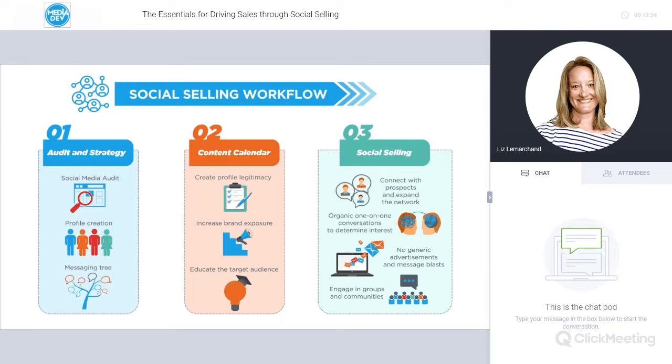This next slide visualizes the process of a social selling campaign. So as I said, you start off with an audit, you begin to profile your target audience and reach out to them to connect using the message tree that you've designed. Then you post content regularly on your thread, in groups, or on a showcase page so that your audience can be exposed to your value proposition and start to get to know your offer.